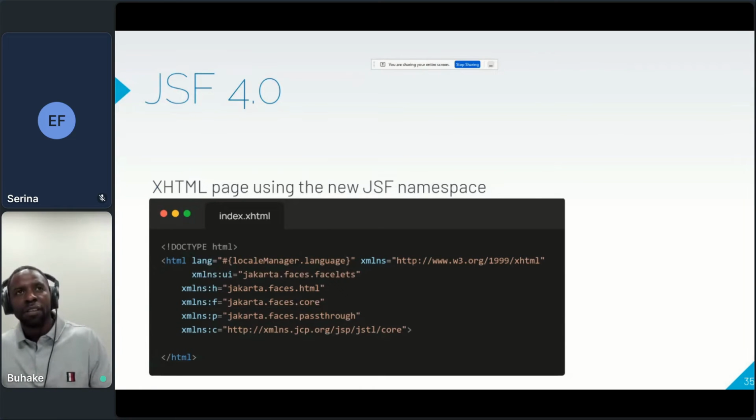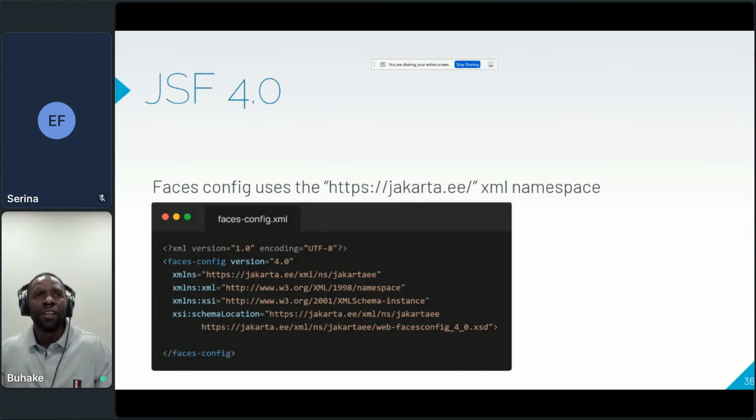So your namespaces now are jakarta.faces or whatever. But all the tag libraries, your JSF-specific tag elements or whatever, are exactly the same as before. So there's nothing that's changed. It's just that the namespace names have changed. And your faces config, as I was trying to show, this is your JSF 4.